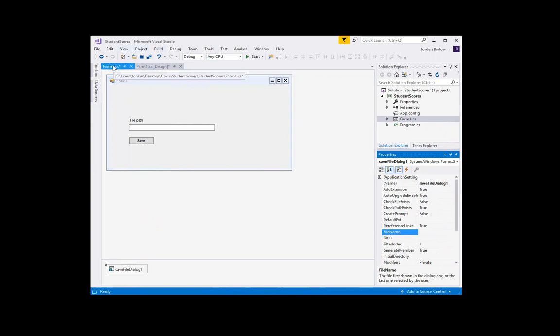Then what you can do is, back in your code, what the Save File Dialog does is it brings up a pop-up window where the user can click to save the file. I mean, if you're used to saving a file, like when you save a file in Microsoft Word, you don't manually type in the file path. You choose it from a visual application. So the way that we can do that is in our code,